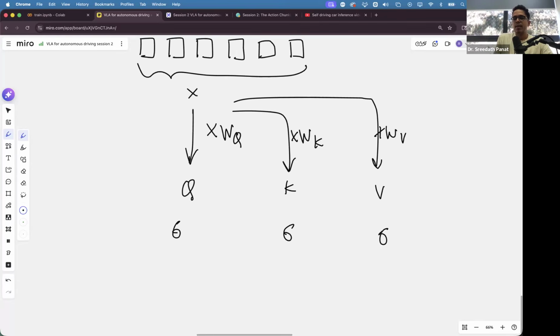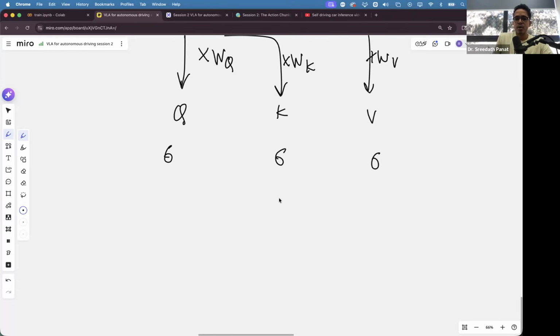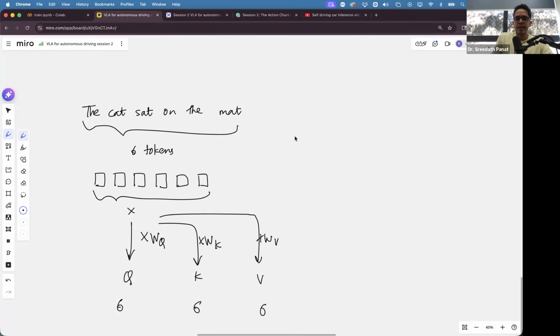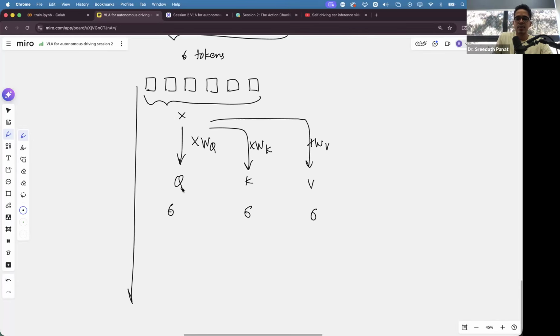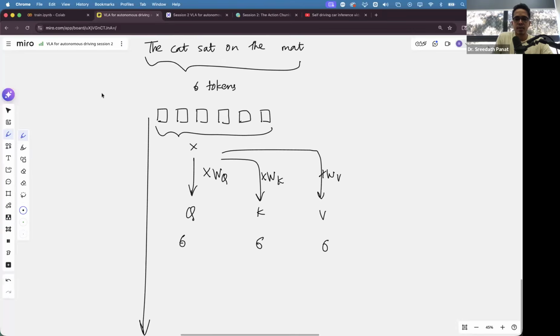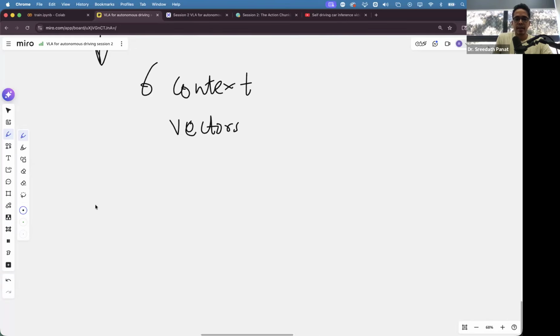Okay. Now, what we want to do is, at the end of the day, convert input tokens into context vectors. So 6 input tokens we want to convert to 6 context vectors. This is our ultimate goal. And what is a context vector? In plain English, you can write it as